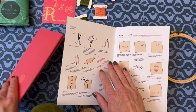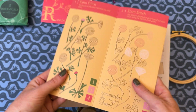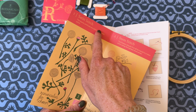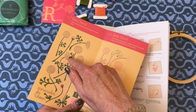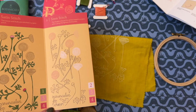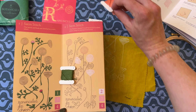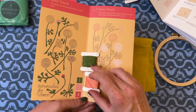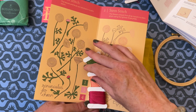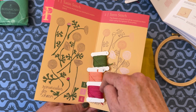Now, how do you know which one to use? They're all written in this stitch plan. So each page of the stitch plan tells you what stitch you need to do where. So for example, you've got your satin stitch and we've coloured in the areas that you need to fill in with satin stitch. And then we've marked the number of bobbin that relates to. So you can see here that I need number 1, number 3, and number 4. And they're your bobbins that you're going to need for stitching your different areas of the design in the satin